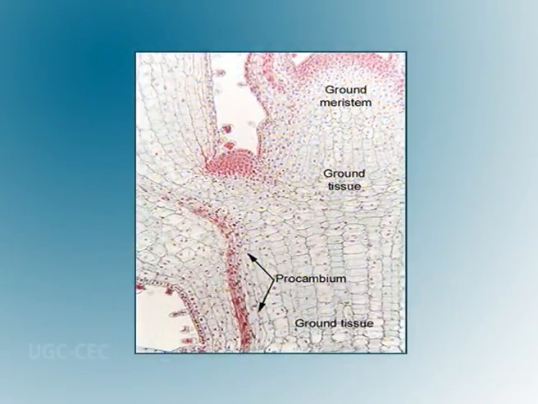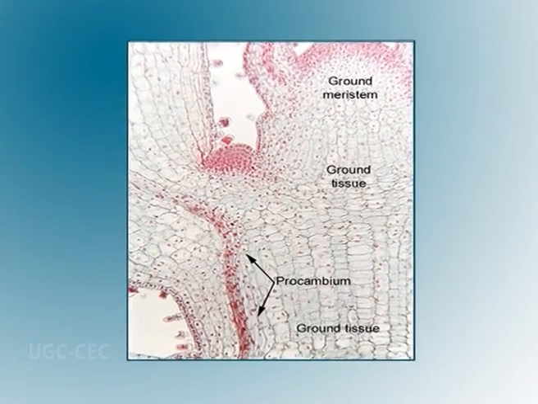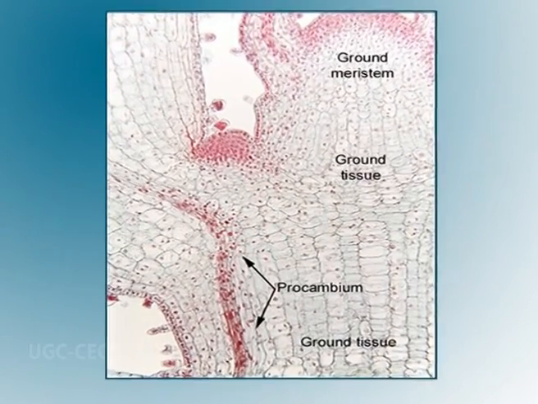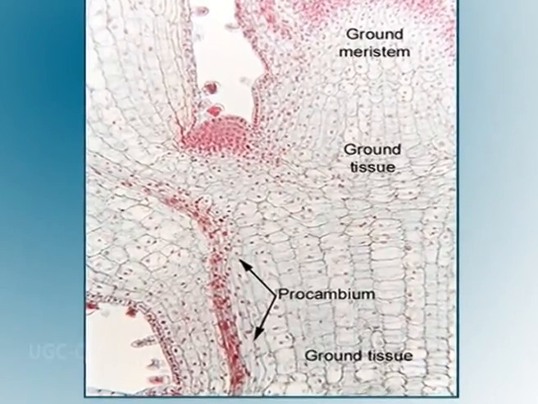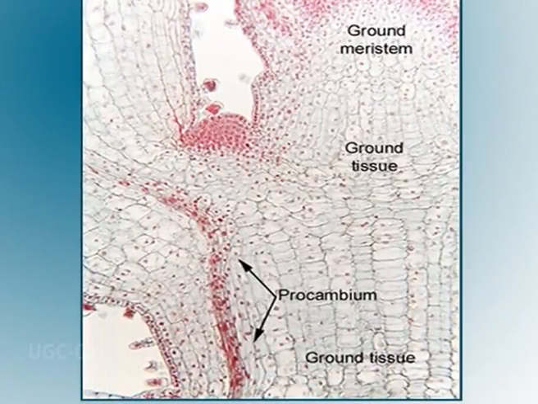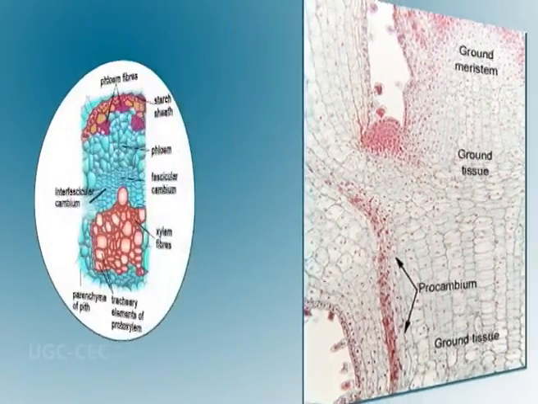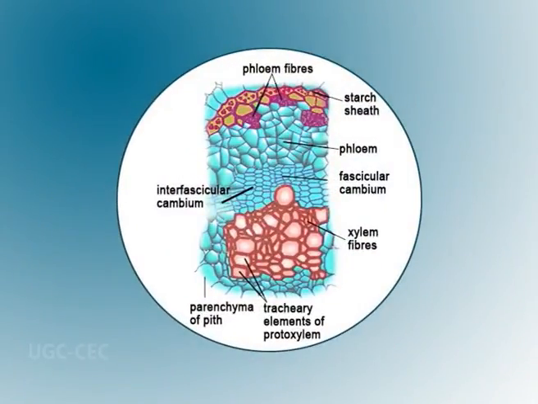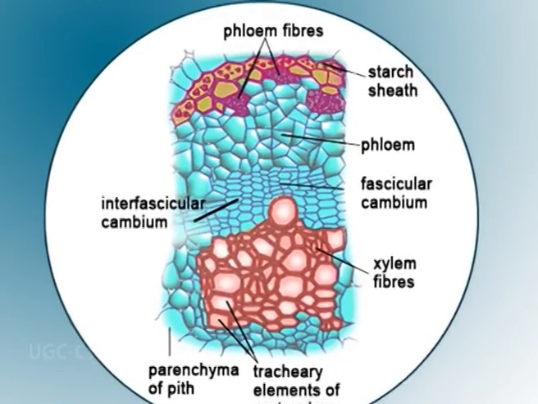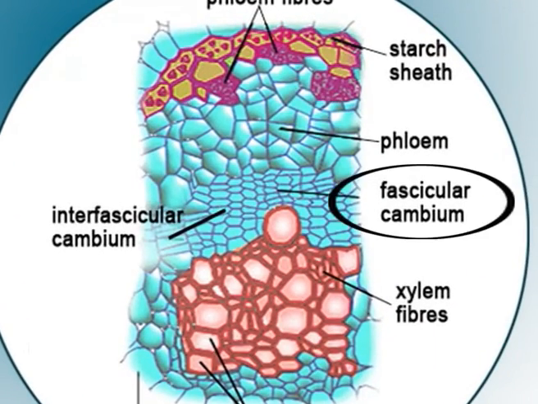In the majority of dicotyledons and gymnosperms, a portion of the procambium remains meristematic even after the completion of the primary growth and develops into the cambium of the secondary body. The part of the cambium which lies within the bundles of primary vascular tissue of the stem is called fascicular cambium, and the strips of the fascicular cambium become joined by additional strips of cambium, generally known as interfascicular cambium. It develops from the interfascicular parenchyma and thus constitutes a secondary meristem.